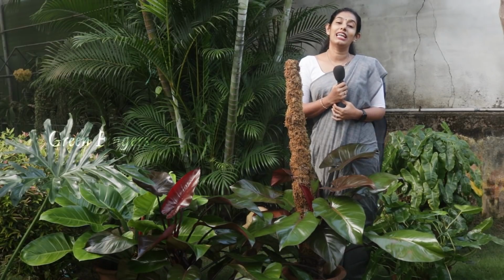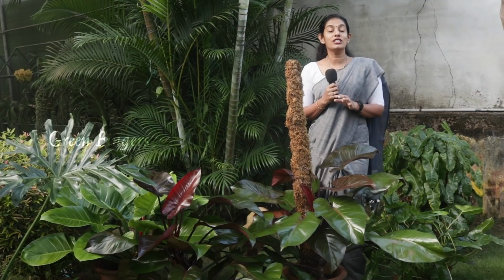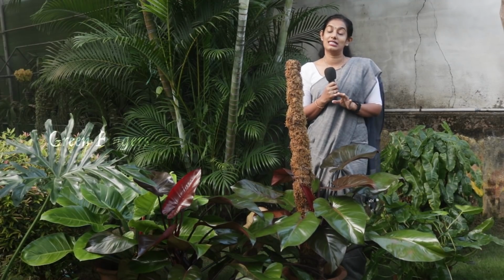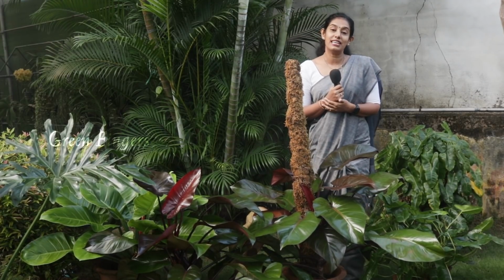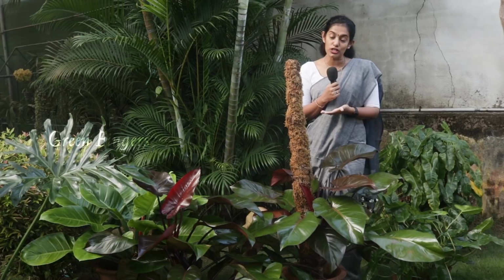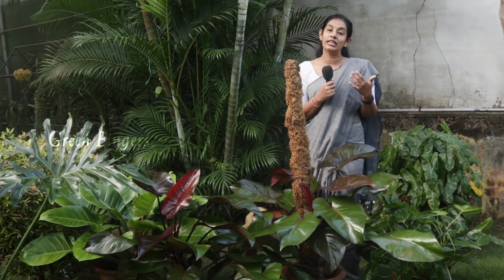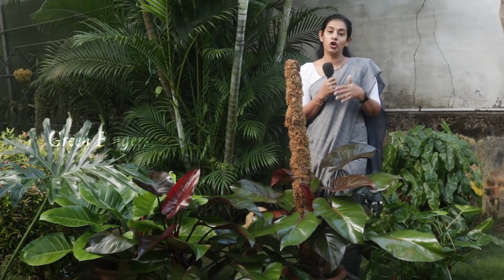When we talk about the light requirement of philodendrons, philodendrons don't require direct sunlight. It doesn't require sunlight, bright light at all. It's always advisable to keep philodendrons under any shade. It can be a green net, it can be indoors. You can keep this plant as an indoor plant. It's a beautiful indoor plant. You can keep it indoors next to a windowsill, or you can keep it under any shade in your portico,